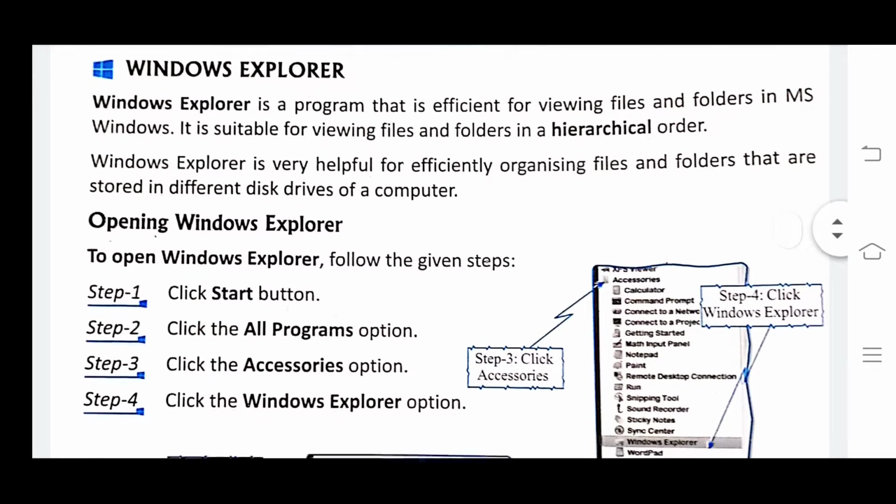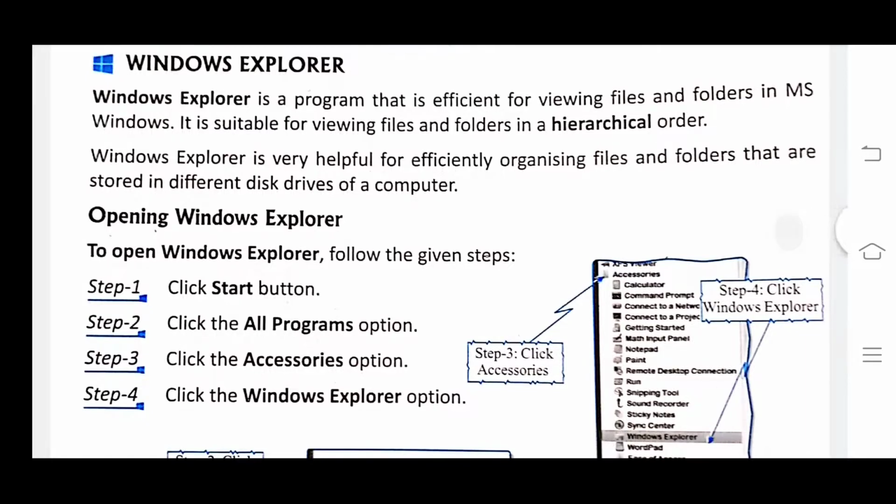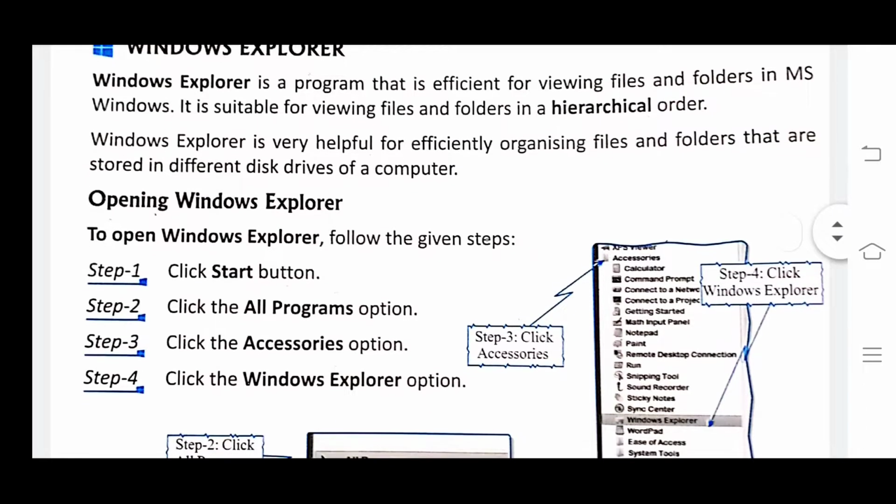Windows Explorer is very helpful for efficiently organizing files and folders that are stored in different disk drives of a computer system. You know there are different disk drives in our computer system, that is C drive, D drive, E drive.